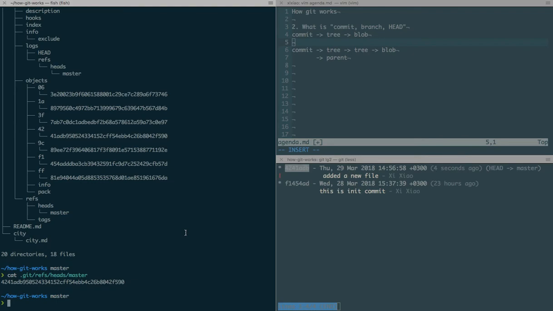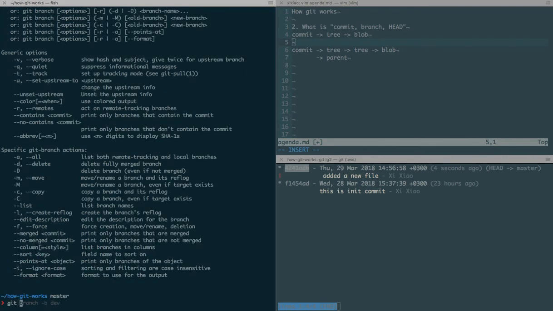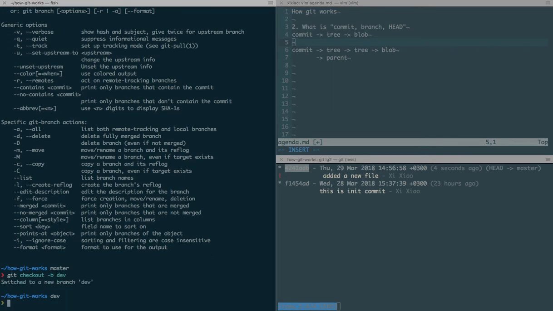So that's why in Git, when we create a new branch, we branch off from the existing master branch. For example, if I do git branch -b dev, I think it's -b dev. I know, git branch. How do I create a new branch? Was it checkout? I remember checkout dev. So here, oh yeah, as you can see, I switched to the dev branch, and now if I do the tree,